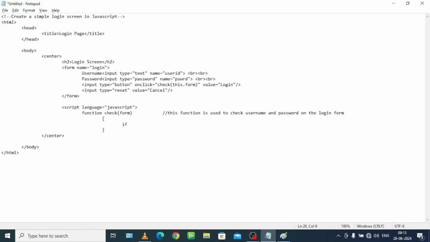Now if form dot user ID, meaning the username that I have taken over here. So this user ID that has a value, so dot value equals to, that means it is comparing my user ID. So let me tell you, this form will check this user ID which has a value my user ID,